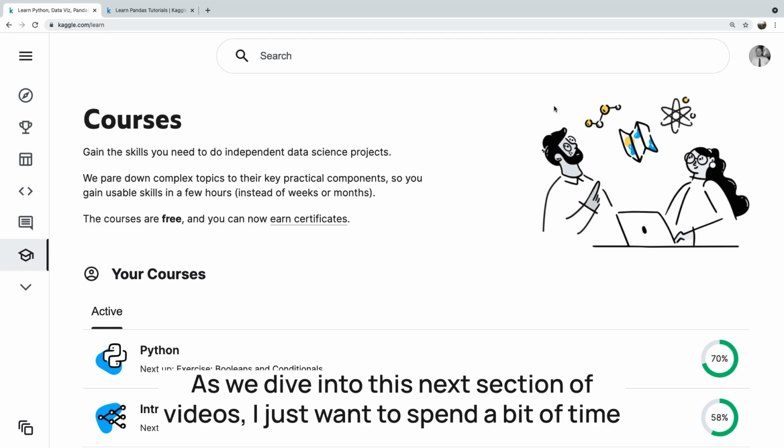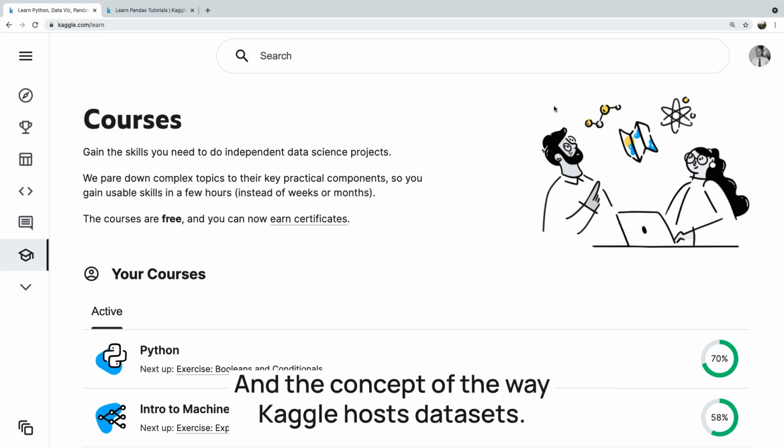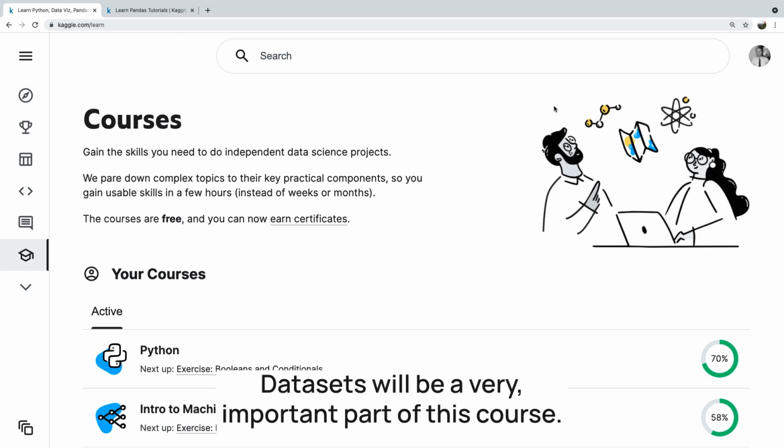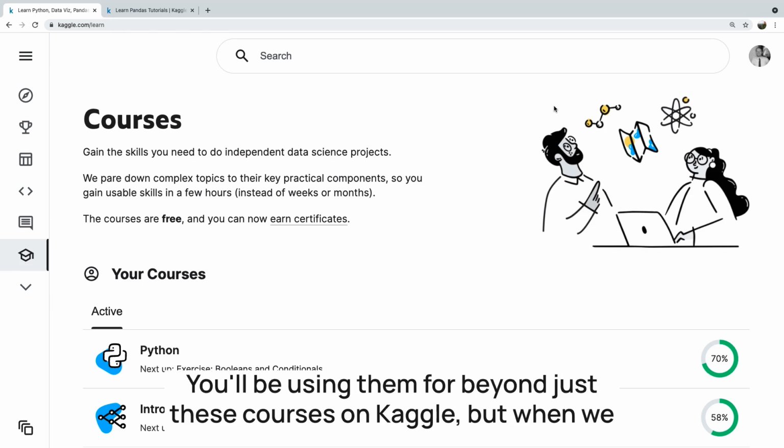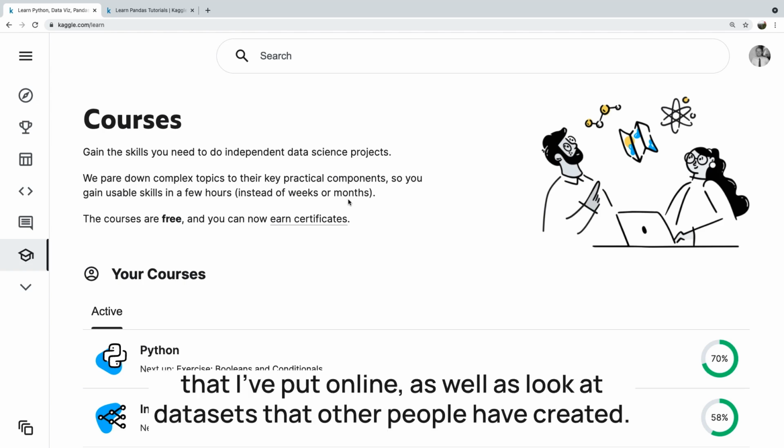As we dive into this next section of videos, I just want to spend a bit of time talking more about the Kaggle platform and the way Kaggle hosts data sets. Data sets will be a very important part of this course. You'll be using them beyond just these courses on Kaggle, but when we get into the data from real buildings, we're going to be using data sets that I've put online, as well as look at data sets that